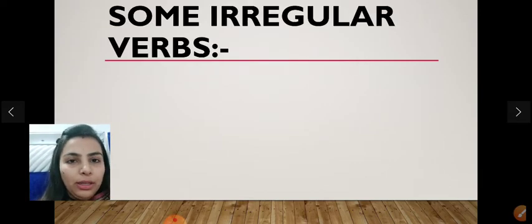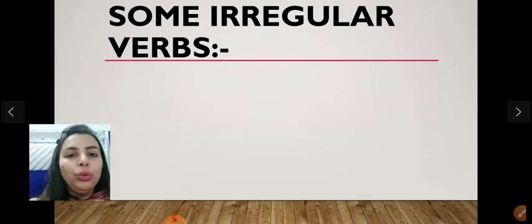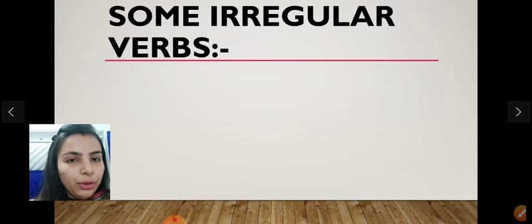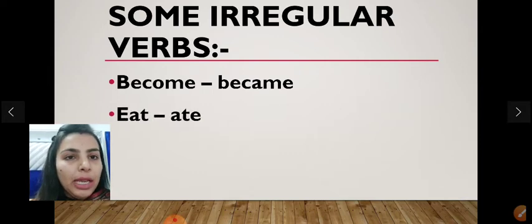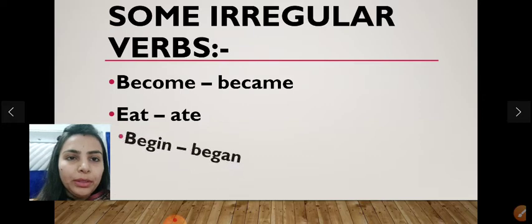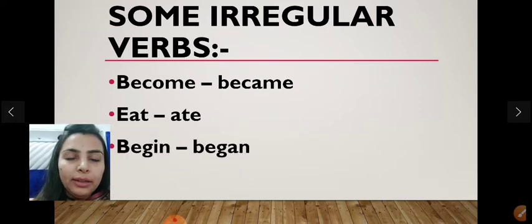Now some irregular verbs. There are some irregular verbs which are also used as past verbs, for past tenses. See? Become becomes became. Eat becomes ate. Begin becomes began. Here we are not adding only ed. We are changing the words to become